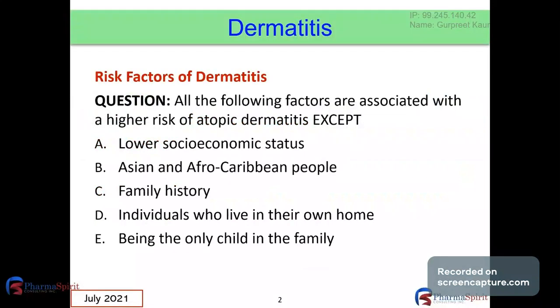In this lecture, we'll talk about dermatitis. And we'll start first by discussing the risk factors for dermatitis. And this is our first question. All the following factors are associated with a higher risk of atopic dermatitis except, and the answer for this question